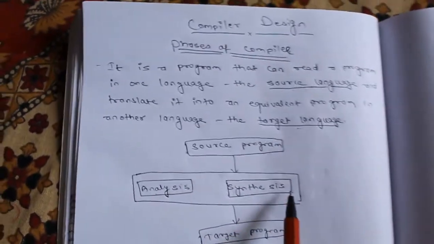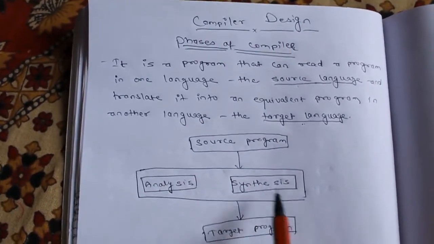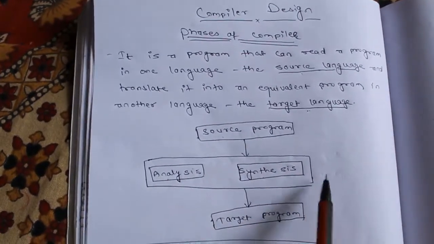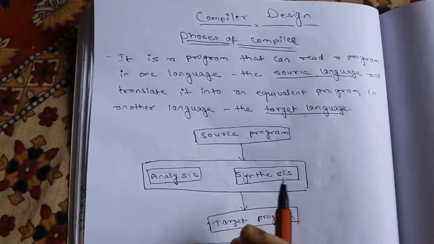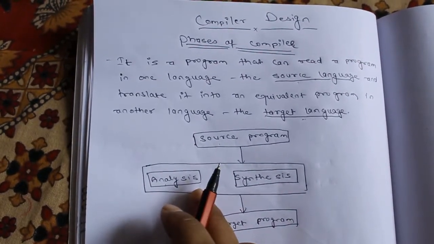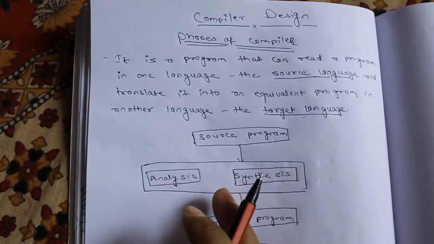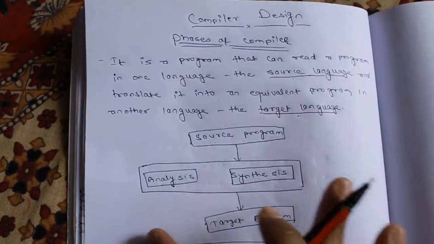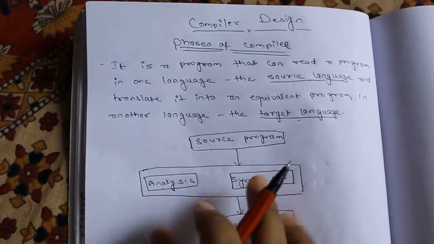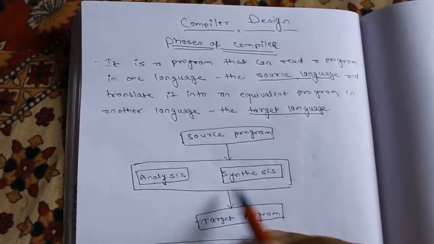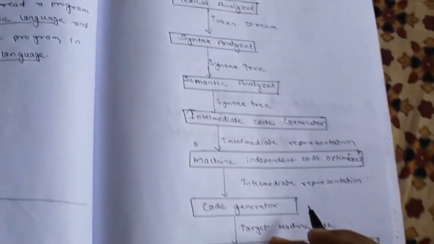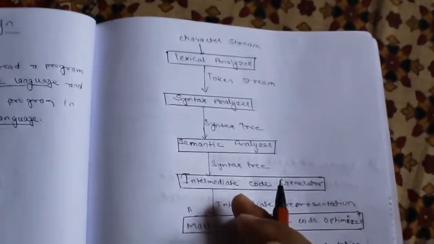So here we can represent it in a diagram where a source program is taken as input and passed to the compiler, which is mainly categorized into two parts, analysis and synthesis. Inside those there are altogether 6 phases of the compiler, keep it in mind. After the compilation it will produce a target program, that is the machine language. So we can summarize this in a diagram form so you can get a better idea about it.